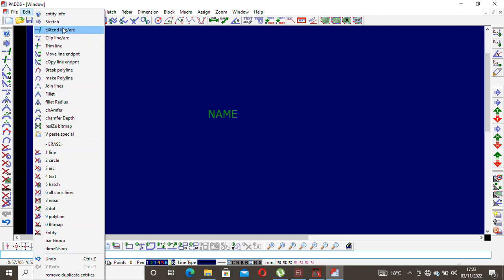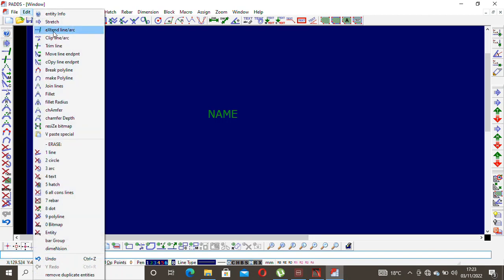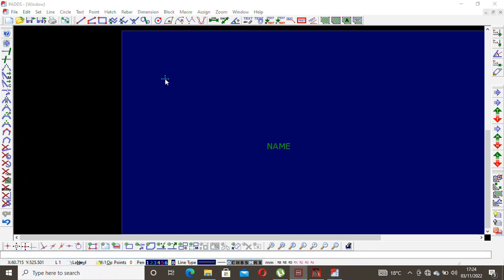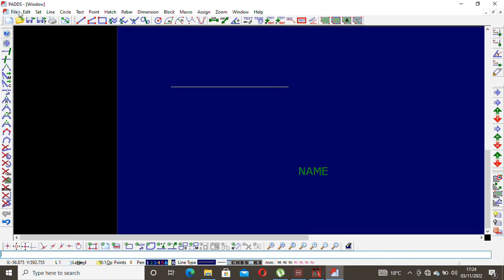So another thing we have is extend line. Extend line is mostly used when you want to extend your line. I think it's self-explanatory. So let's draw our line. So this is our line. Extend line, come here, so you can extend your line. You see,